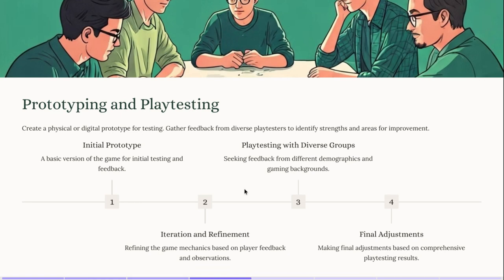So as I mentioned before, you can create a prototype quite easily and maybe invite some friends to give it a shot and see what they like and what they don't like. And some games iterate over several months or even years before they come up with the final result. So be willing to put a lot of time and effort into actually refining the game,